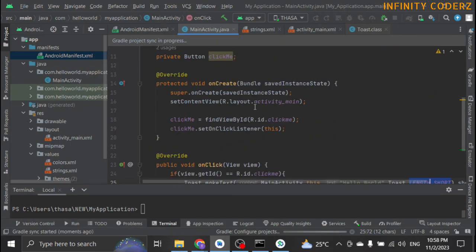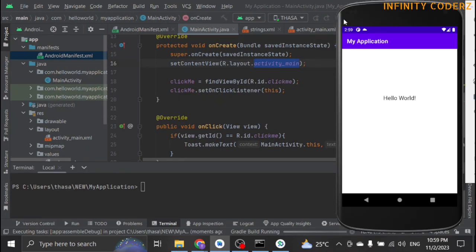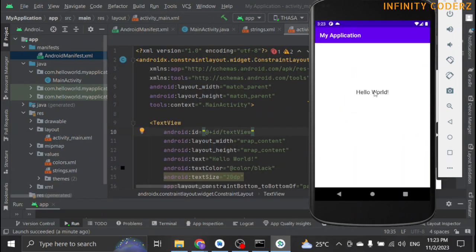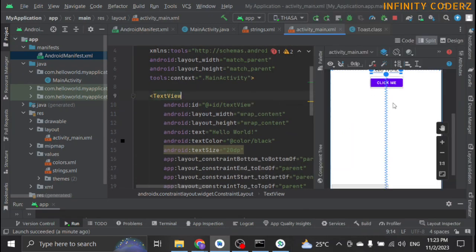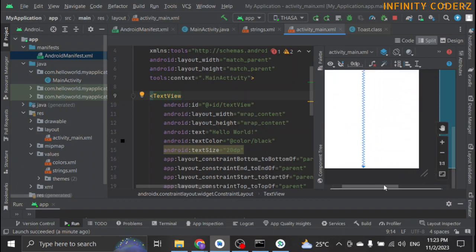Let's sync the build Gradle first due to the changes in the layout and activity. Once the sync has been completed, we could run the application and test in the emulator the new changes. In the emulator, we could see the hello world string is there, but the newly added button element is not showing. This could be because when we created the layout, we did not base it on the dimension of the emulator that I am currently running on.